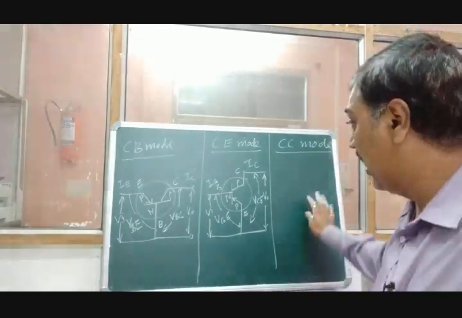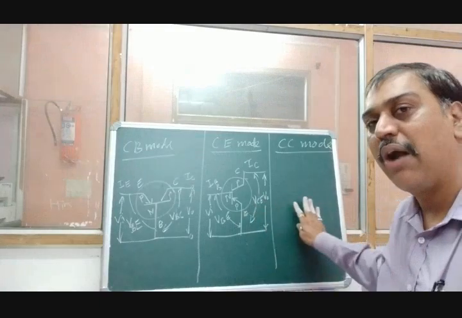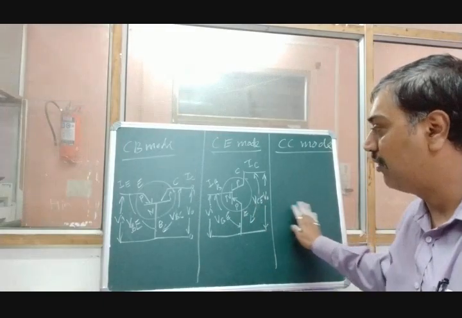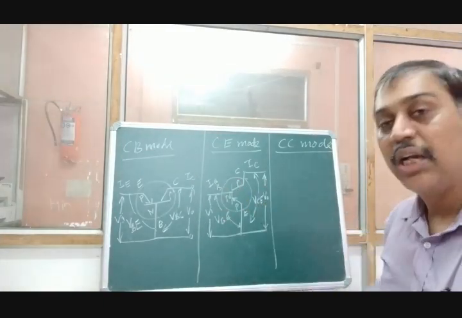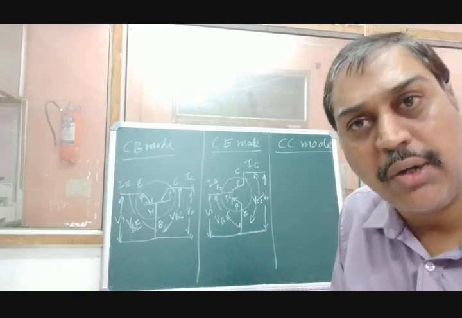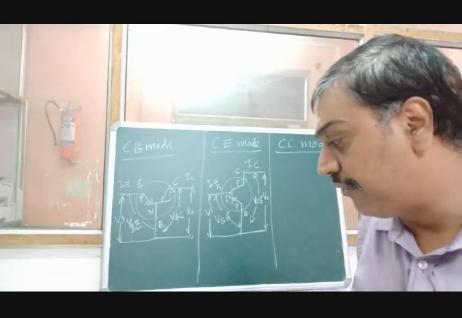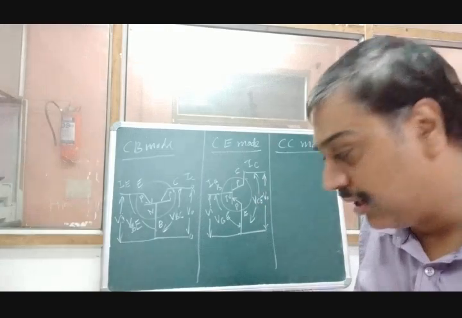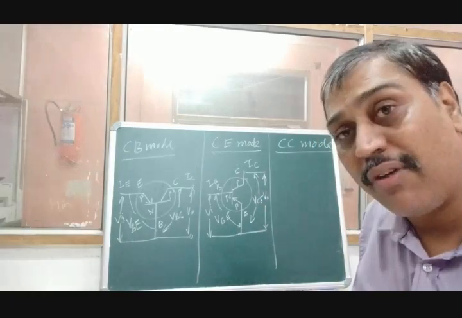I hope you understand what is meant by common emitter mode. Now this common collector is similar to this. Try to draw the diagram and find out the input current and voltage, output current and voltage. It's homework for you. If you have any problem, just refer to your book. In your book they have given the same thing, the 6 diagrams for this.